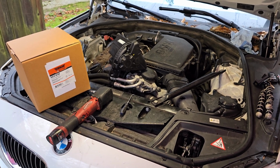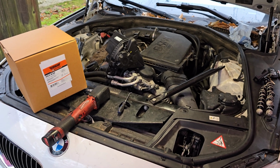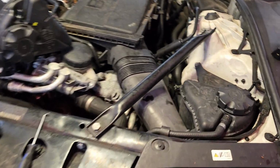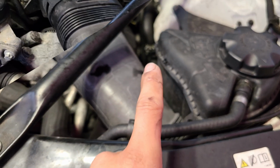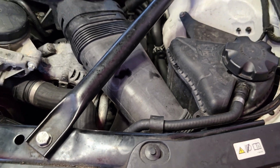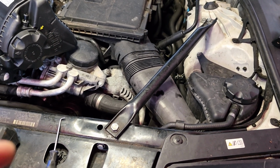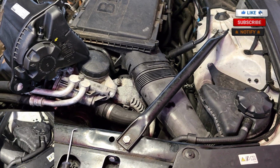What's good, everybody? Today we're working on a 2012 BMW 535i, and we are going to be replacing the reservoir, since it was leaking right here. I don't know if you guys can see this little drip right here, but that's where it was dripping, especially when we turned off the car, it started to kind of pour. We'll put a picture right here on the side, that way you guys can see how it was